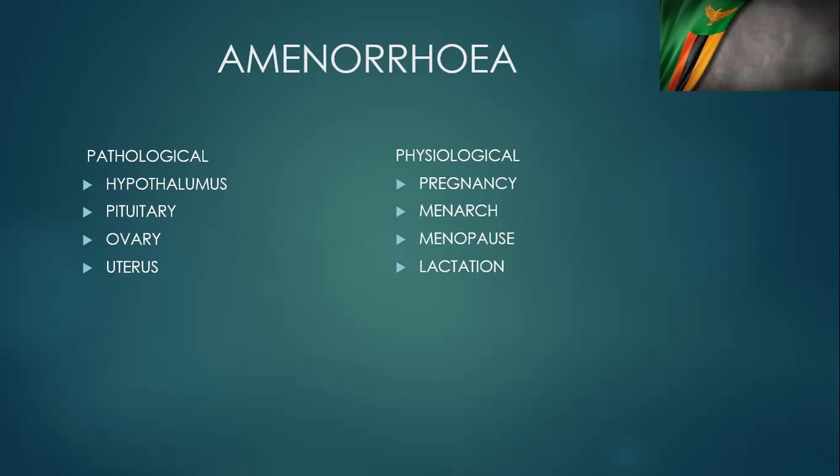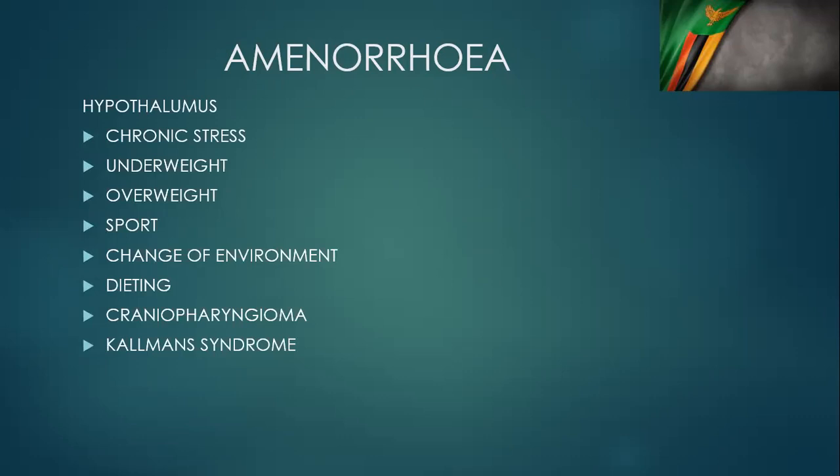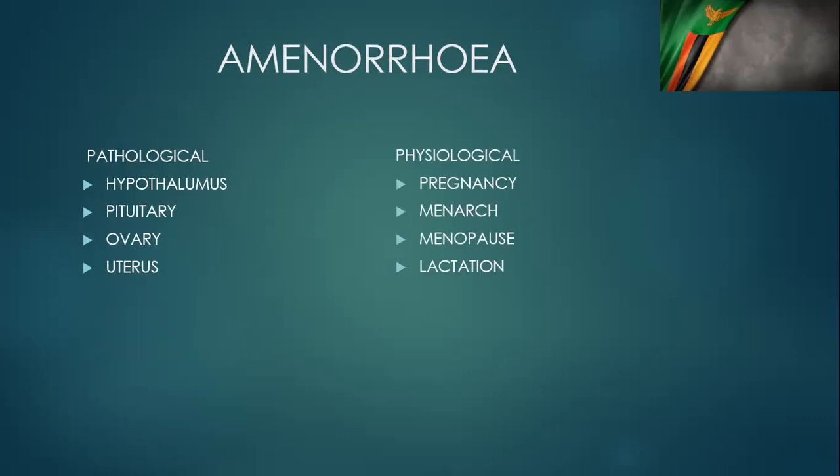Then lactation as well. We have what is called lactation amenorrhea, which is when a woman is breastfeeding exclusively, usually, they will have amenorrhea. Because when you are breastfeeding, you have hyperprolactinemia. Hyperprolactinemia causes anovulation, it causes amenorrhea. That's why breastfeeding is a method of contraception, exclusive breastfeeding. Because if you breastfeed a lot, you have hyperprolactinemia. Hyperprolactinemia causes anovulation. Anovulation causes amenorrhea.